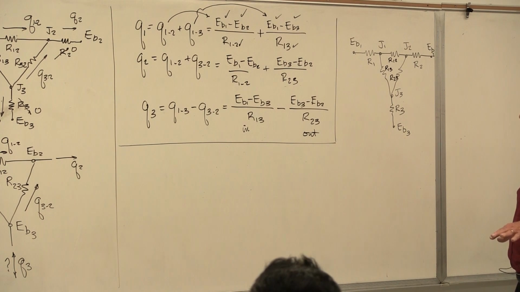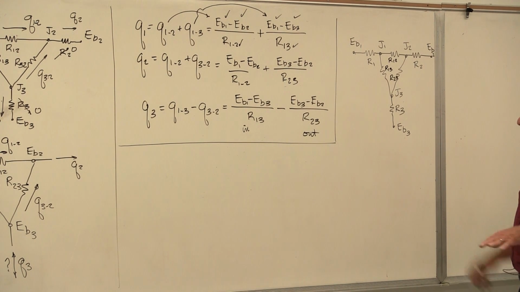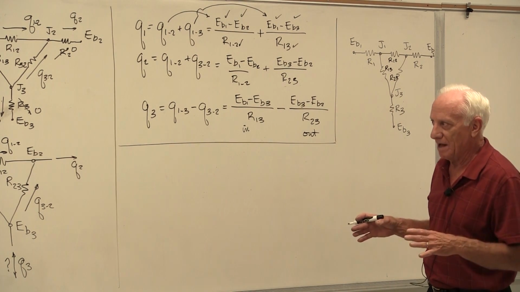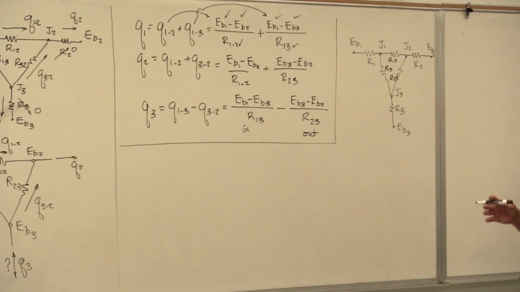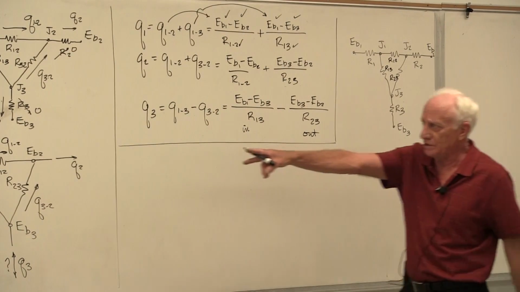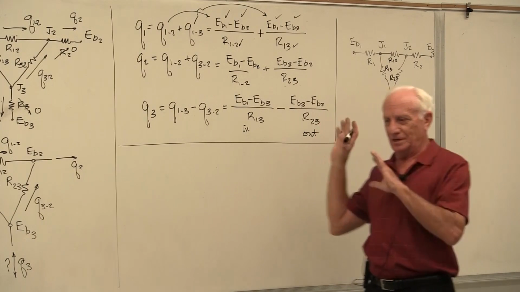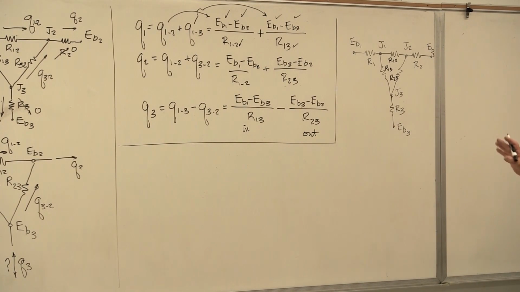Okay, now, put the resistors in. Pretend I don't know which way the heat flows, because for more complicated problems, I'm not going to know which way the heat flows. There, I used my intuition for the direction of the arrows. Let's assume you don't use your intuition here, and you just want to solve for the Q's. I don't know which way the Q's are going.